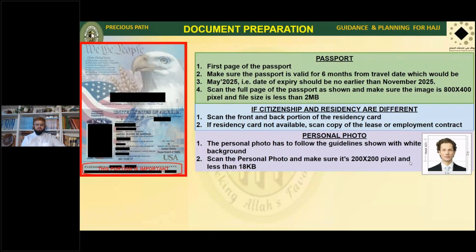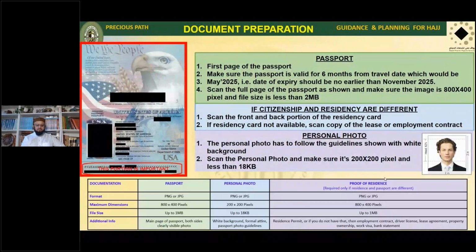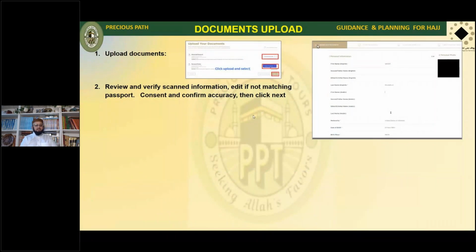Okay, so these are some of the requirements, and some additional requirements are listed here. So please follow this one, inshallah ta'ala. Okay, now getting started with the document upload. When you log back into your account, it'll immediately prompt you that you need to upload your document. It'll ask you to upload your passport, and then it'll ask you to upload your picture. So you click on each one of them, and you select the image that you have saved from the previous